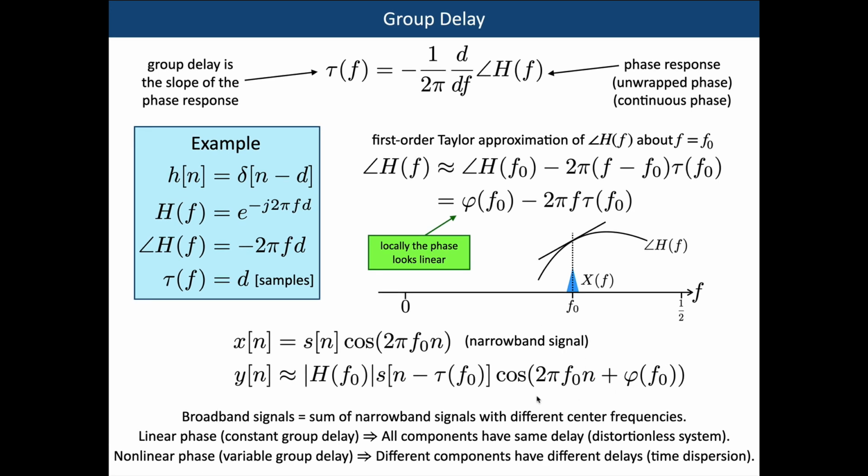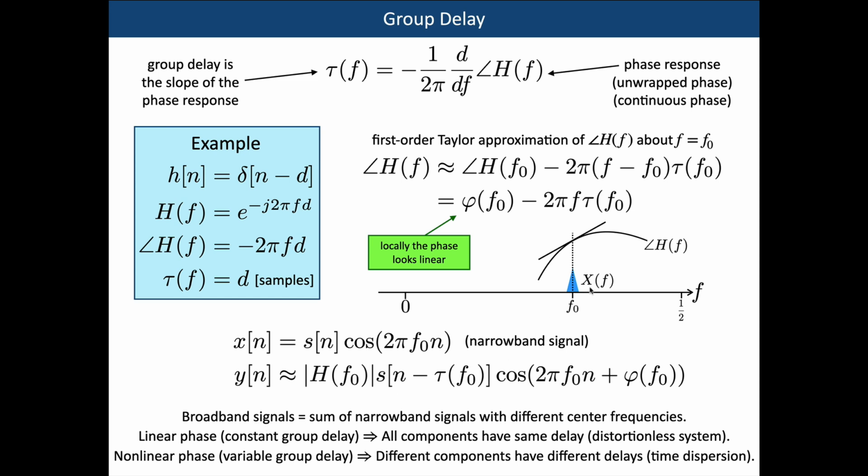So you can see what the group delay tells us in general, and again, this is more general than this simple example here where the phase was perfectly linear. In general, the group delay tells us how much the envelope of a narrowband component is delayed in time as it passes through the system. Well, why is that useful? That's useful because